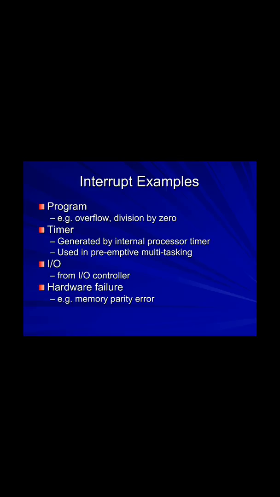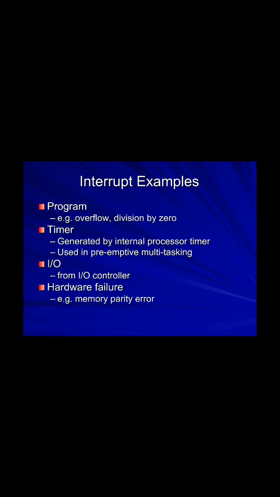The third one is IO interrupts. As we have discussed in the classroom, in the previous classes on input output controllers, all the input output devices are connected with a controller, called the IO controller. So these are the interrupts that are caused by the IO controller. For example, when your keyboard generates an interrupt, it generates it via the IO controller. This is called the input output controller interrupt.